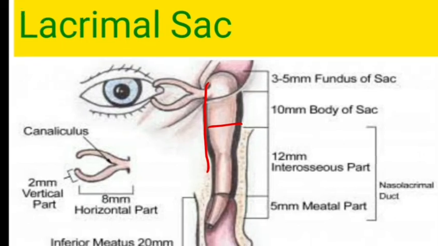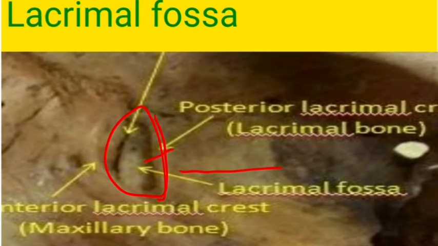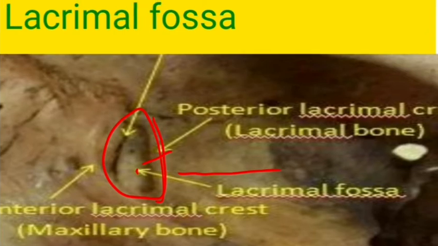So where is it situated? It is situated in the anterior part of the medial orbital wall. So this is the medial orbital wall. In the anterior part of the medial orbital wall, the lacrimal sac is situated in the fossa called the lacrimal fossa, which is formed by the lacrimal bone and the frontal process of the maxillary bone. This bone directly opposes the middle meatus of the nose. Whenever you are doing the DCR surgery, or dacryocystorhinostomy, you are opening the lacrimal bone and creating a passage here. So that is the clinical importance.